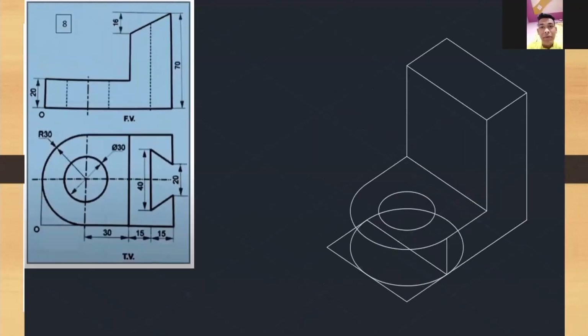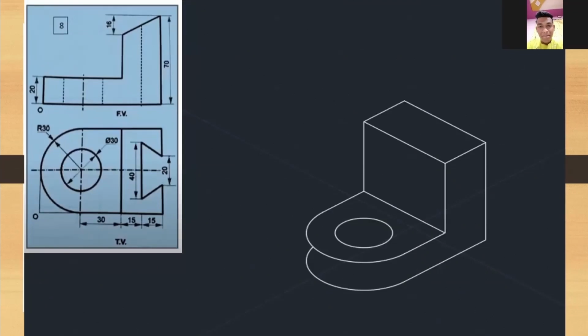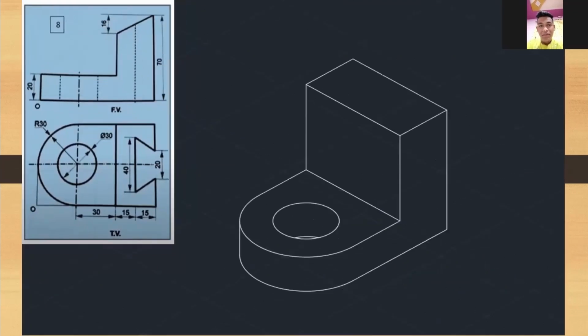Now, using the trim command, we should trim the unwanted line, and in a similar manner we have to draw two isocircles exactly parallel to the above circle and then again trim the unwanted line. So now we are left only with the slant type part, which is only visible from the top view.